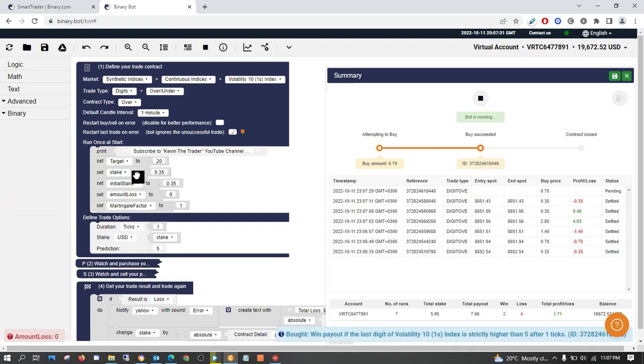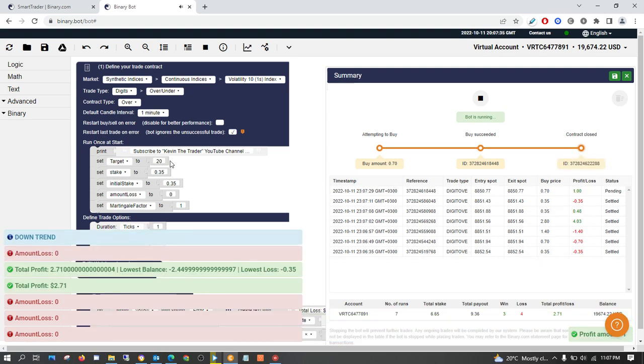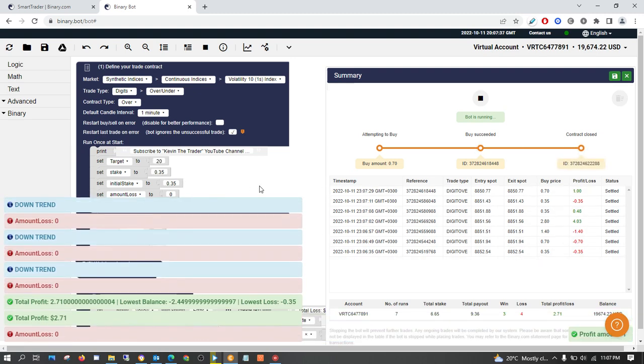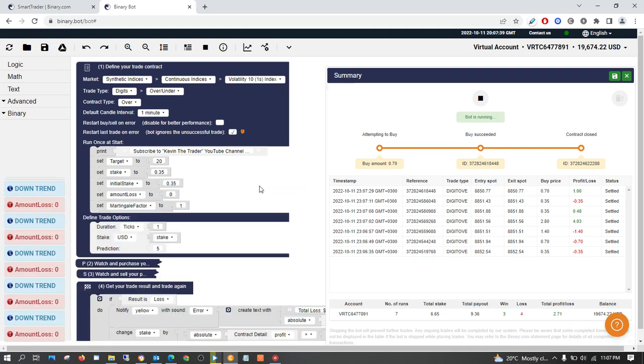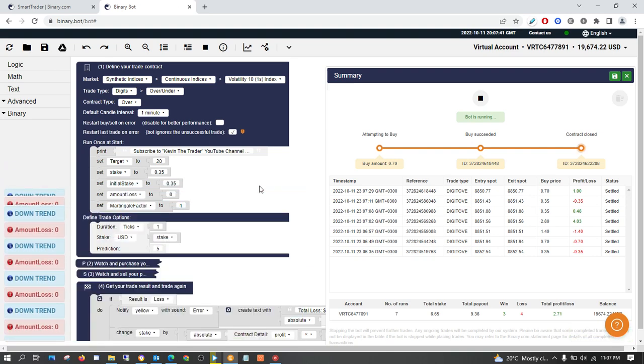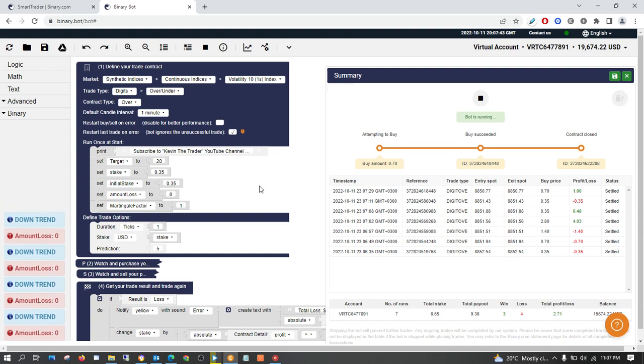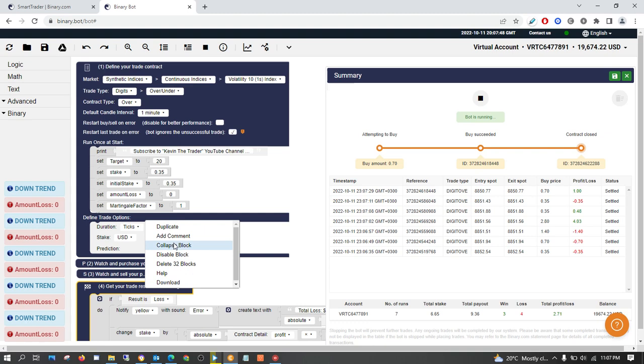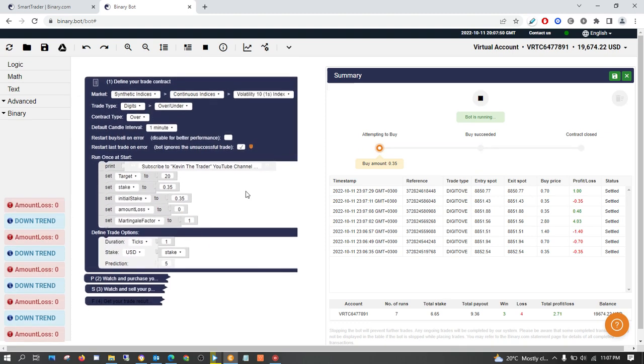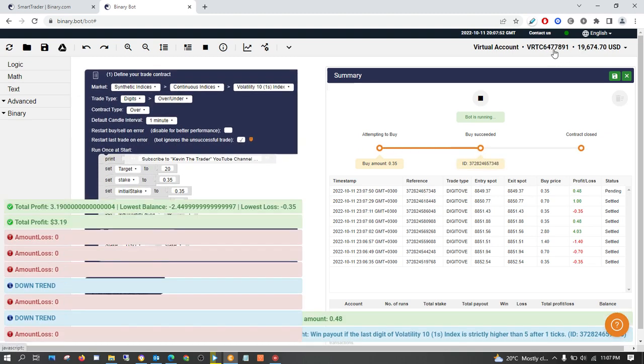So let's reach our target of $20, and if you're trading on your real account, you will just see what is happening here. Okay, so wherever you want to do any trade, please do it on your virtual account first.